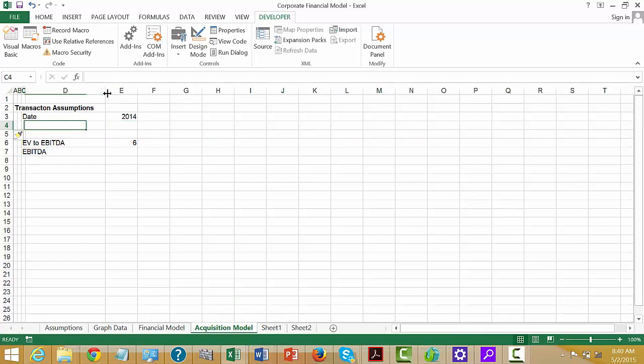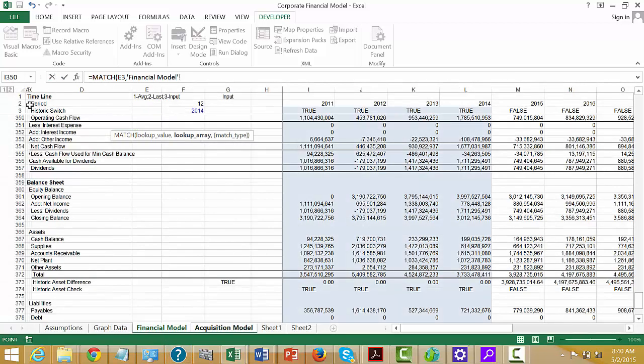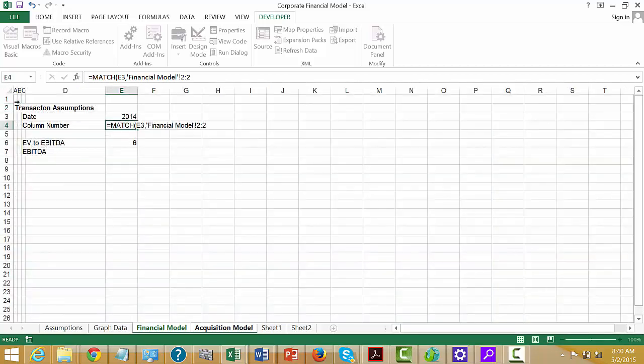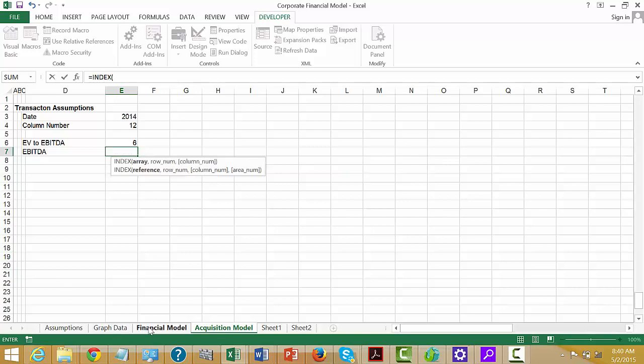Now here's the biggest thing about doing all of this: let's put a column number, and we'll just put match, and then we go back and we click on the time period. So that says we're in column 12, and then we can put index, and we can go to our financial model,